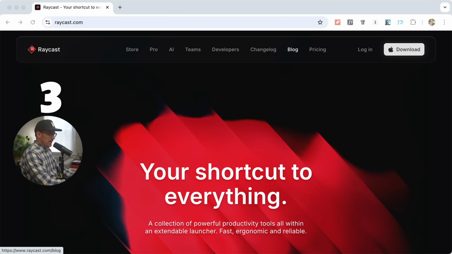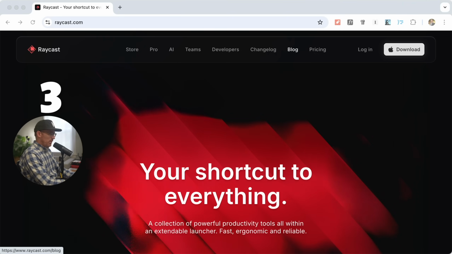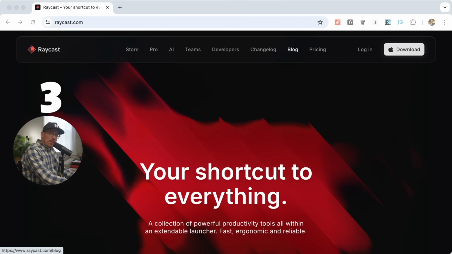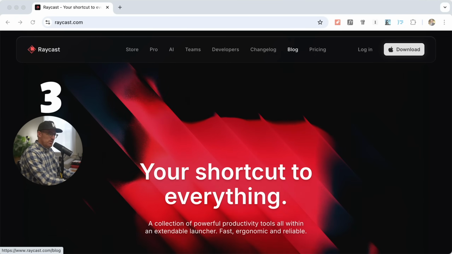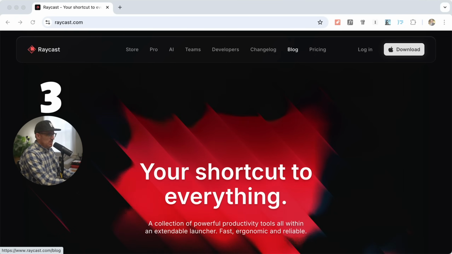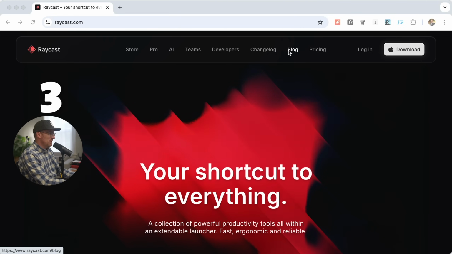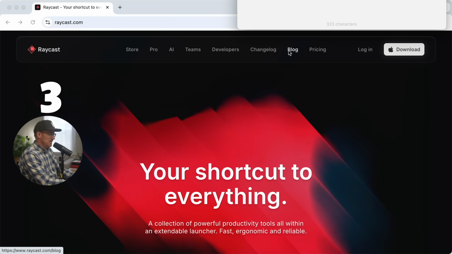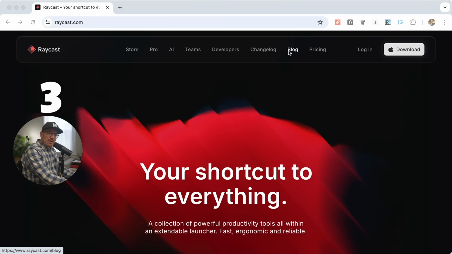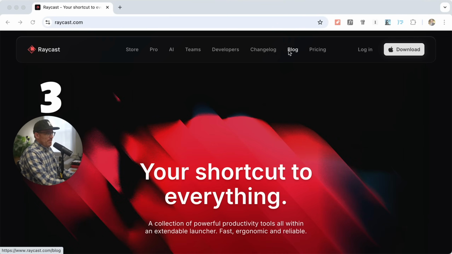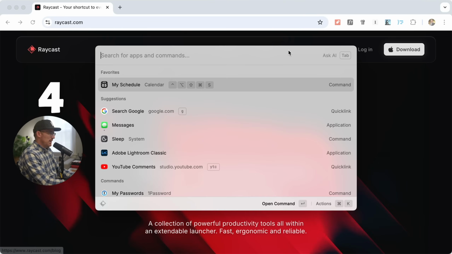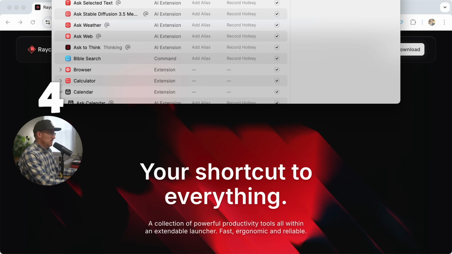Number three, I can launch super important apps with one hand. Command F1 happens to be Obsidian, which I'll talk about in a future lesson in this course. Command F2 is Raycast Notes. I'm not going to show you that because it's got secret stuff on it. That's tip number three. All right, tip number four, you can, in Raycast, in the settings, which I will show you all of,